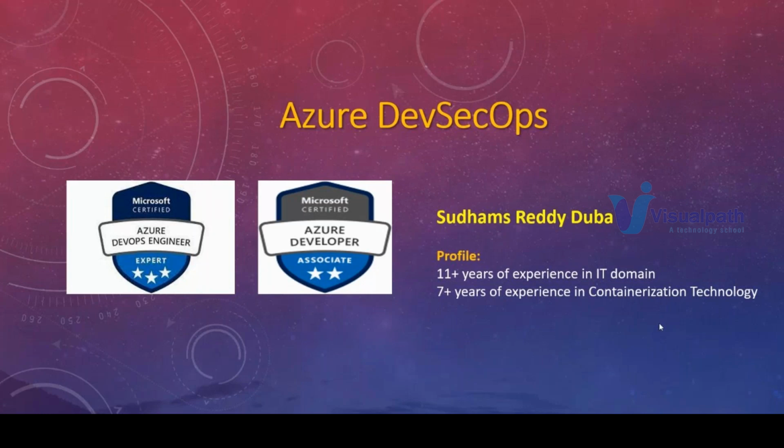From OpenStack, I have done OpenStack administration, and from AWS, I have done Solutions Architect Associate, and on the Kubernetes side, I have done CKA and CKS, that is Certified Kubernetes Administrator and Certified Kubernetes Security Specialist. If you need any help, my suggestion is I'll tell at the end of the course which certificate is recommended in the current technology right now. Okay, so let's jump into the topic.